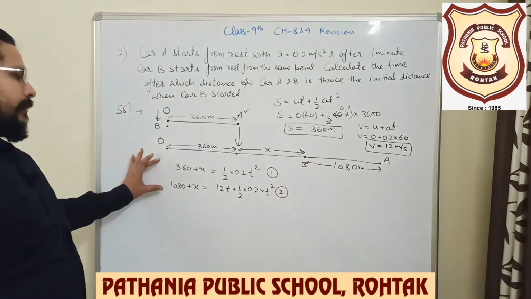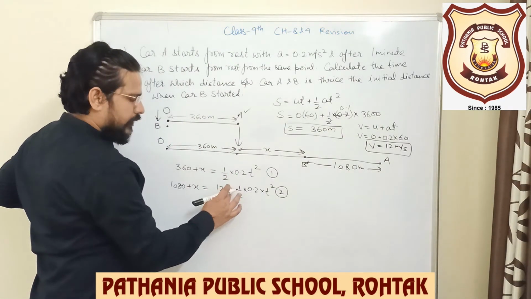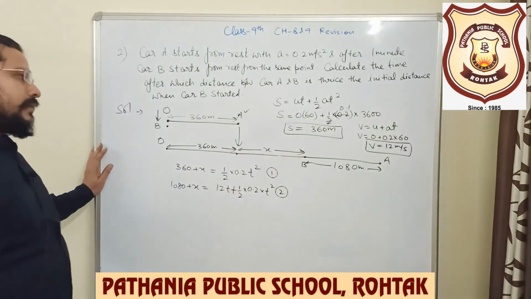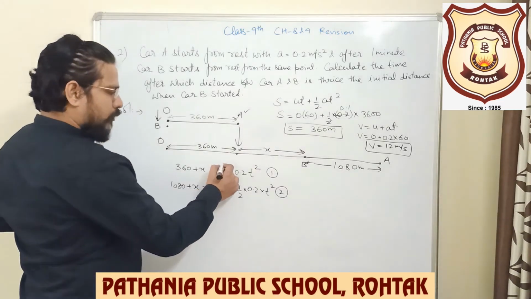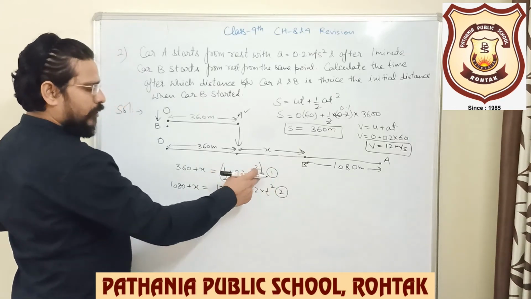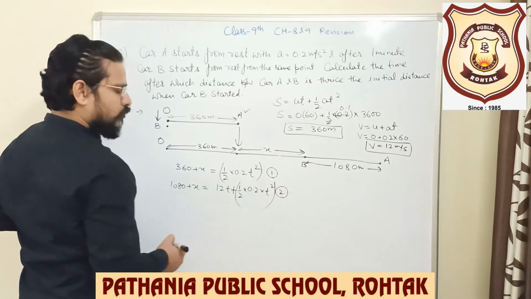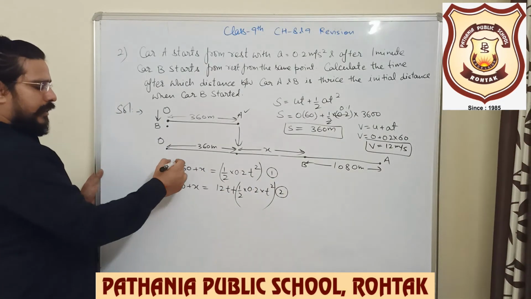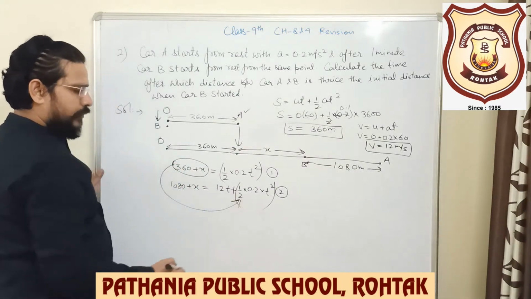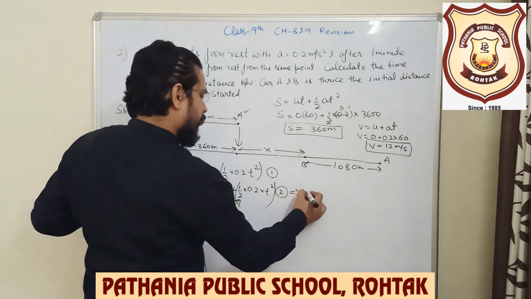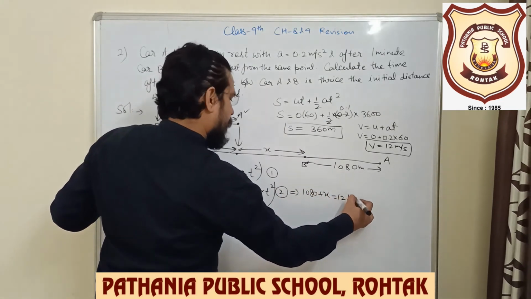So if you are able to write these two equations, your numerical is solved. There is nothing much left in this numerical after this. From equation 1, half 0.2 t square, and in equation 2 we also have half 0.2 t square. So I can directly place the value 360 plus x in equation 2. So my equation 2 will become 1080 plus x is equal to 12t plus